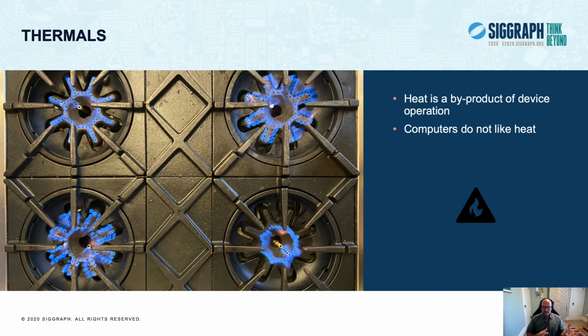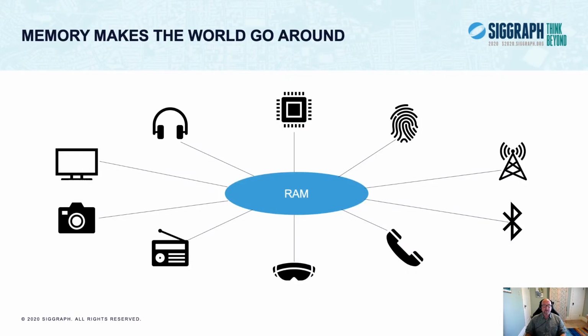And certainly, we all know that CPUs and GPUs and other execution units in the system draw power in order to operate. But the real culprit, as far as I'm concerned, is memory. Remember all those devices inside an SoC that we talked about during the introduction. Here's a slightly different representation of that. All of these things, the radios, the sensors, the accelerators, and so on, they all require memory in order to do anything useful.